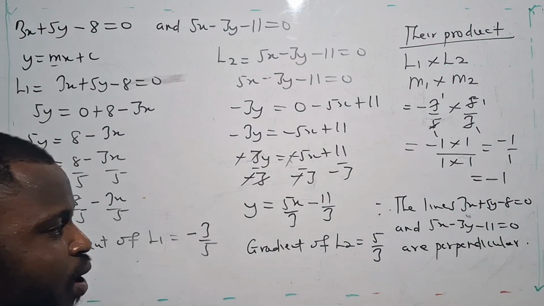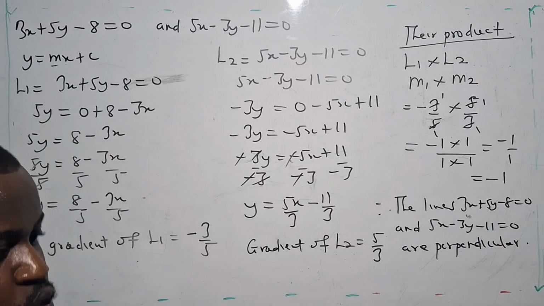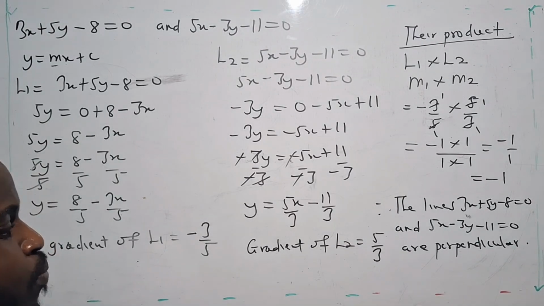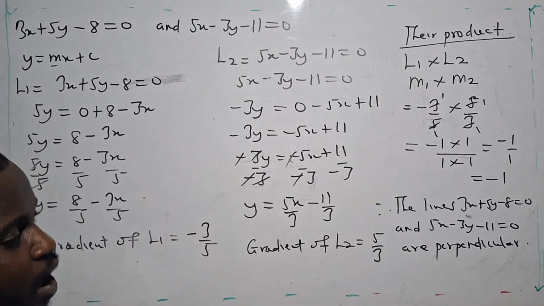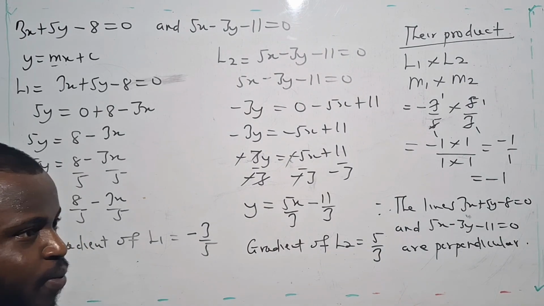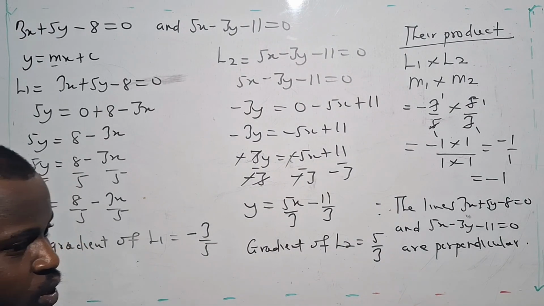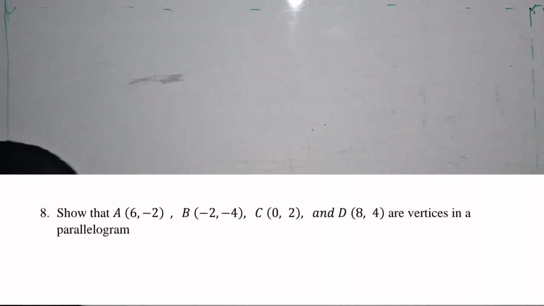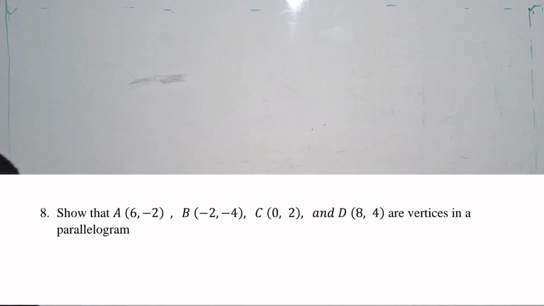So we are going to solve our last question, which is to show that some points are points on a parallelogram. So don't forget to subscribe, share, and recommend to all students. Let's continue. We have to show that given points are vertices of a parallelogram. Yes. So we know a parallelogram,